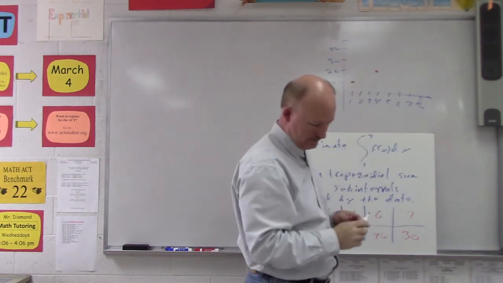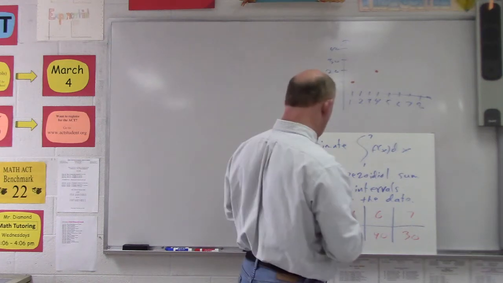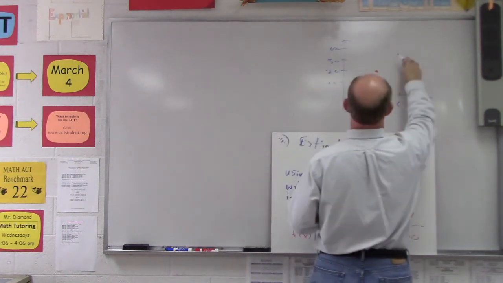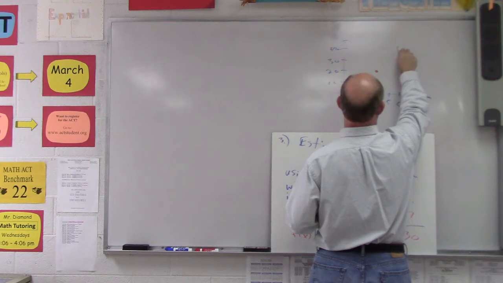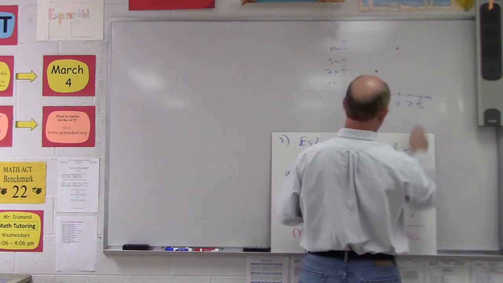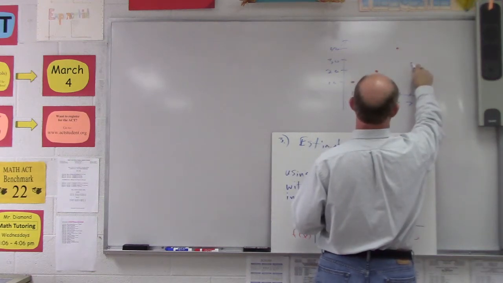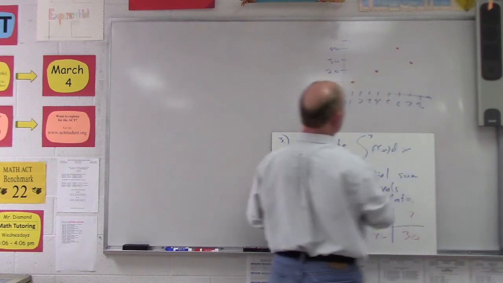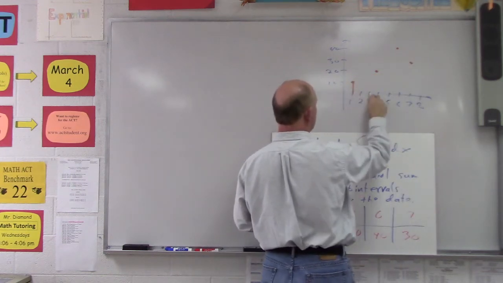About right here. 110, and then that's 640. So 640 would be about right up in here, and I'm just estimating this. And then 730. So 730 would be right about in here. Now, if you look at these trapezoids,